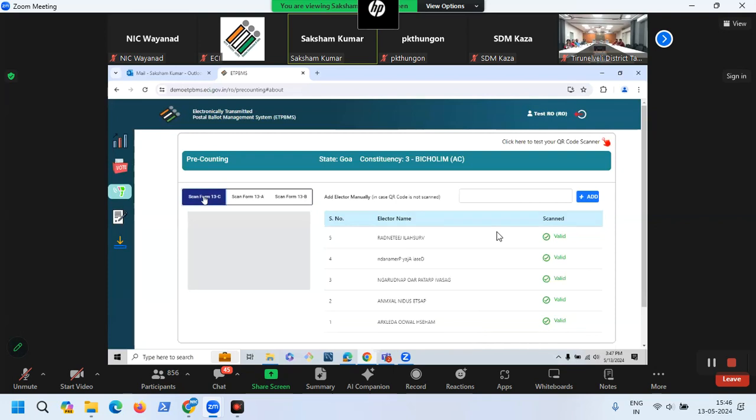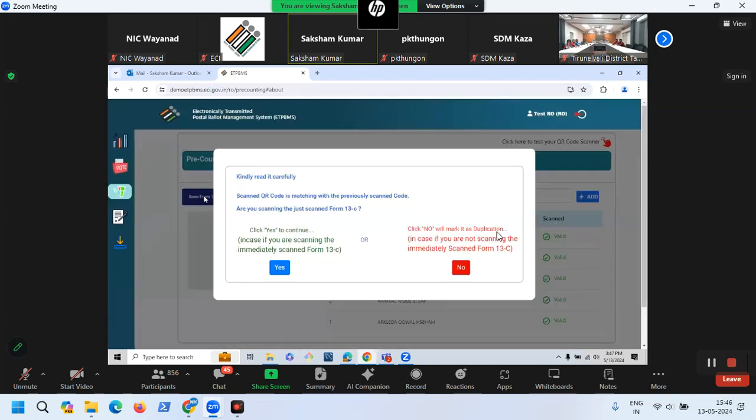And another important thing, just see on the screen, okay? Now I'm going to do another scan. So you see what I did? I immediately scanned the previous ballot itself. The ballot that I just completed scanning, I did not pick a fresh ballot. Instead, I scanned the same ballot again. So if you immediately scan the same ballot again, the system will ask, are you scanning the just scanned form 13C?